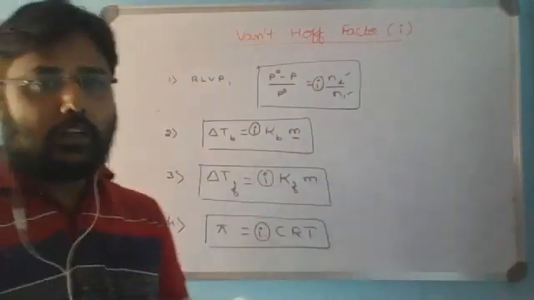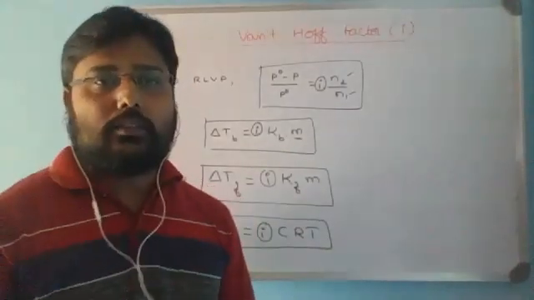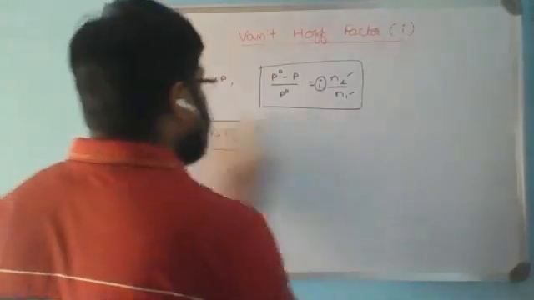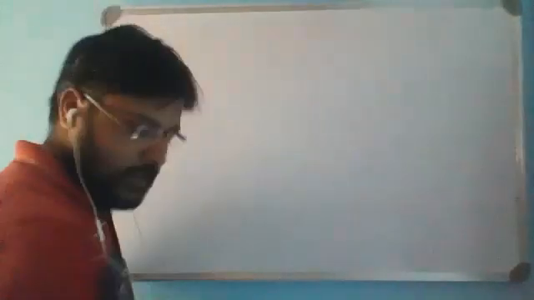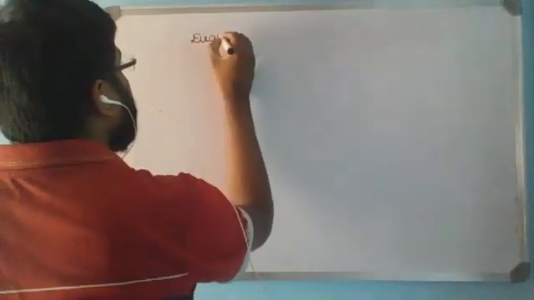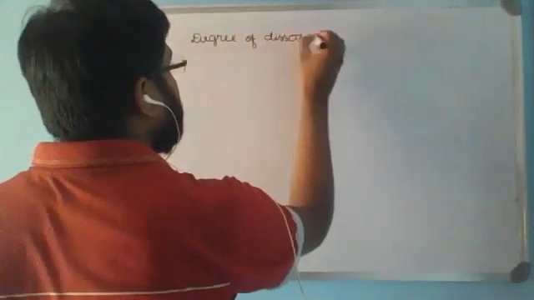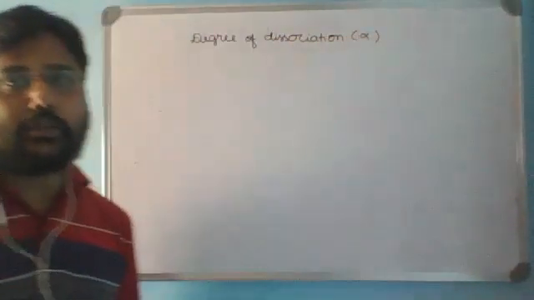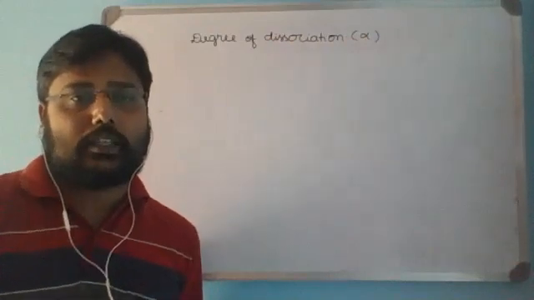There is one small extension concept with the Van't Hoff factor, that we'll try to learn. It is degree of dissociation and association, the final conclusion from the Van't Hoff factor. Degree of dissociation is represented by alpha. Similarly, degree of association is also represented by alpha, but the rearranged equation calculation will be different.